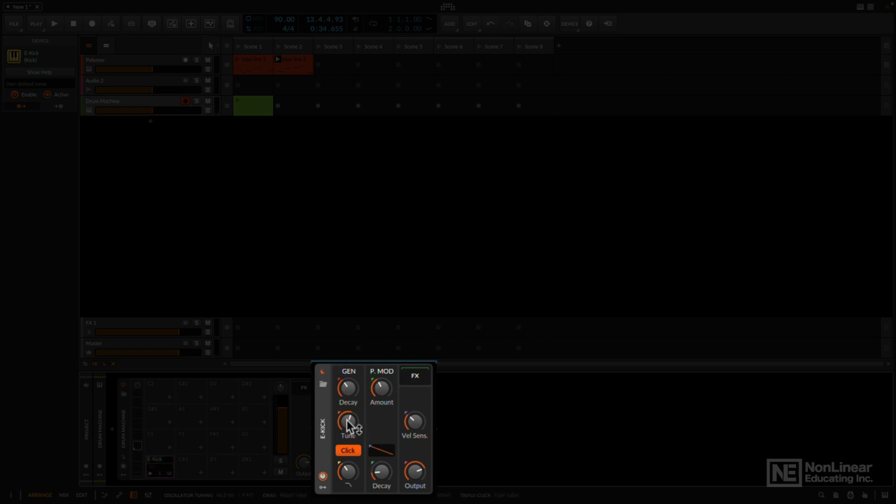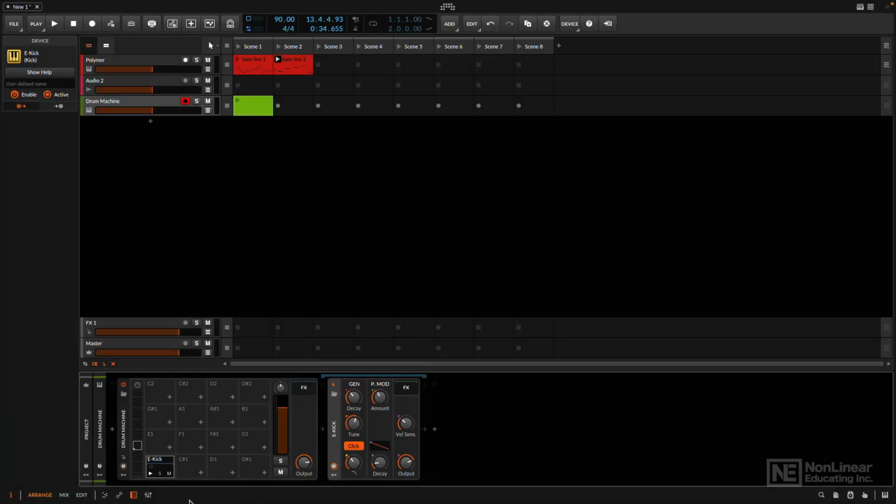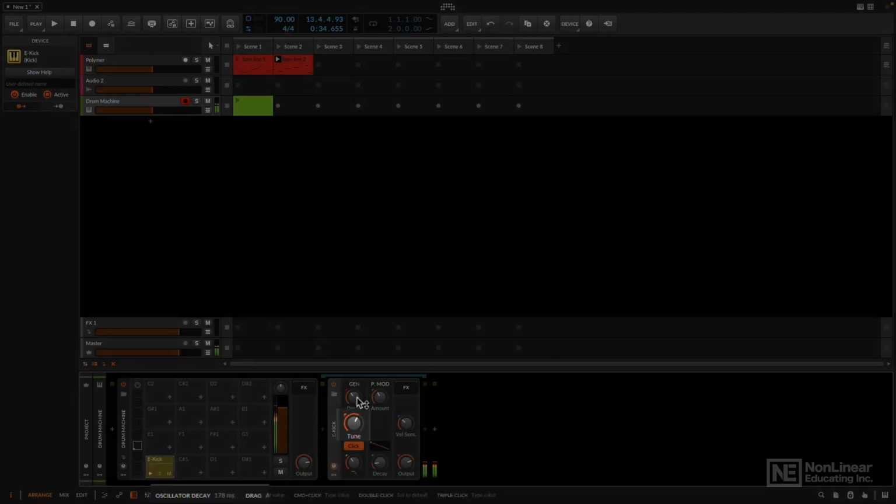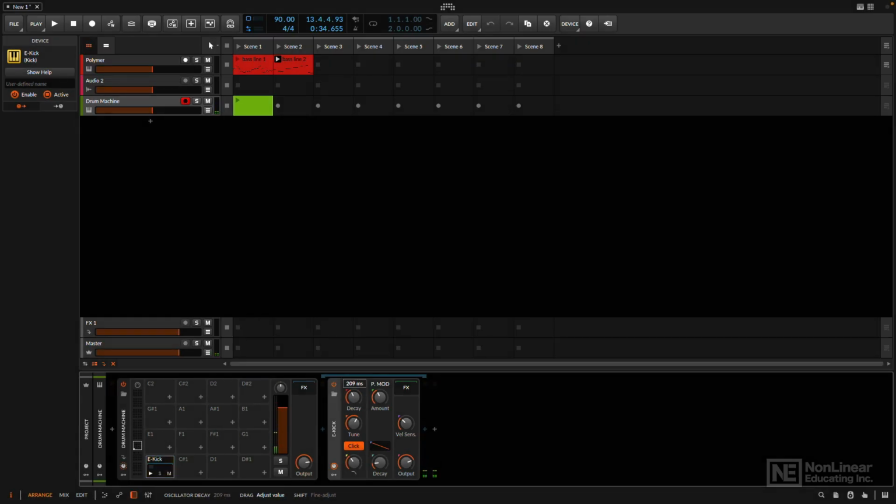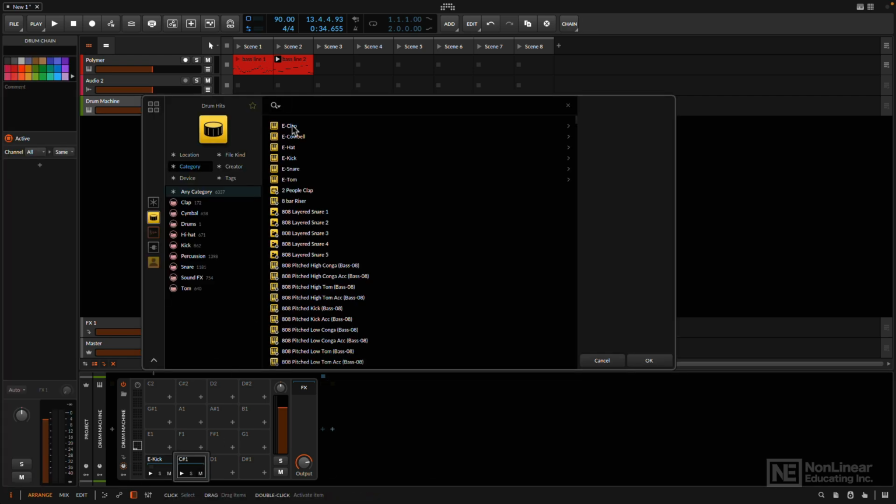And then I can tune this, and as I adjust the tune knob at the bottom of the screen, it'll show me the actual pitch. Right now this is set to F sharp 0, and most of the time I want my 808 tuned to G, just in case. Okay, cool. We got that. Without much further ado, I'm going to load a clap here